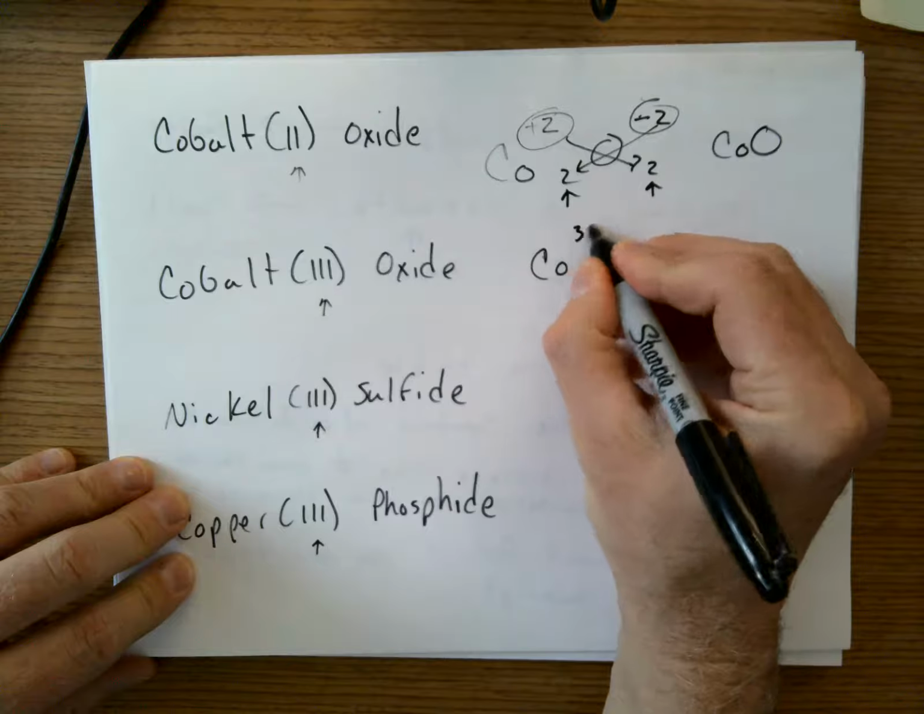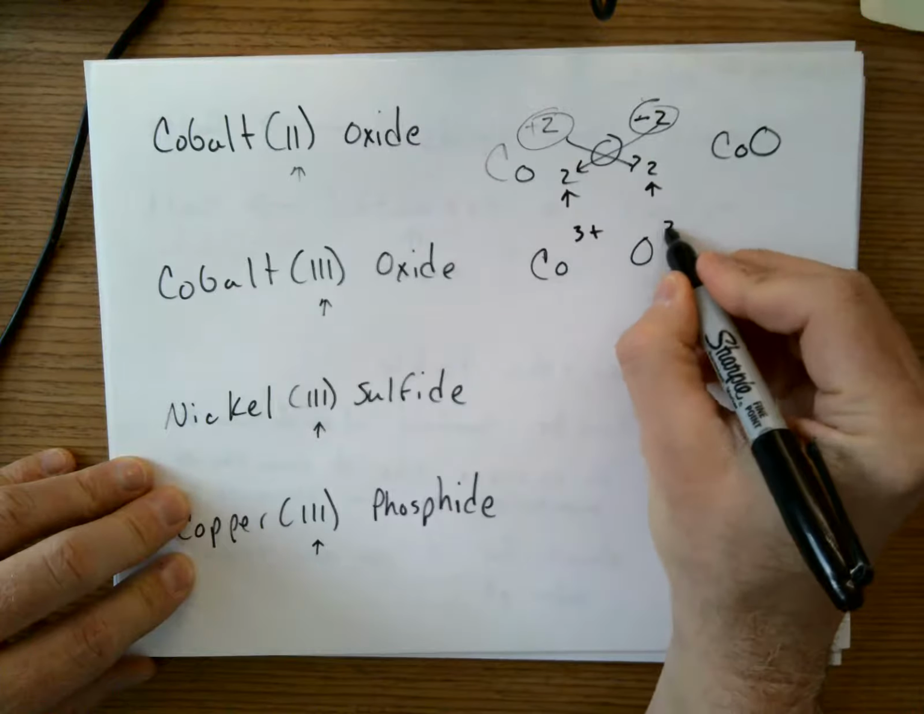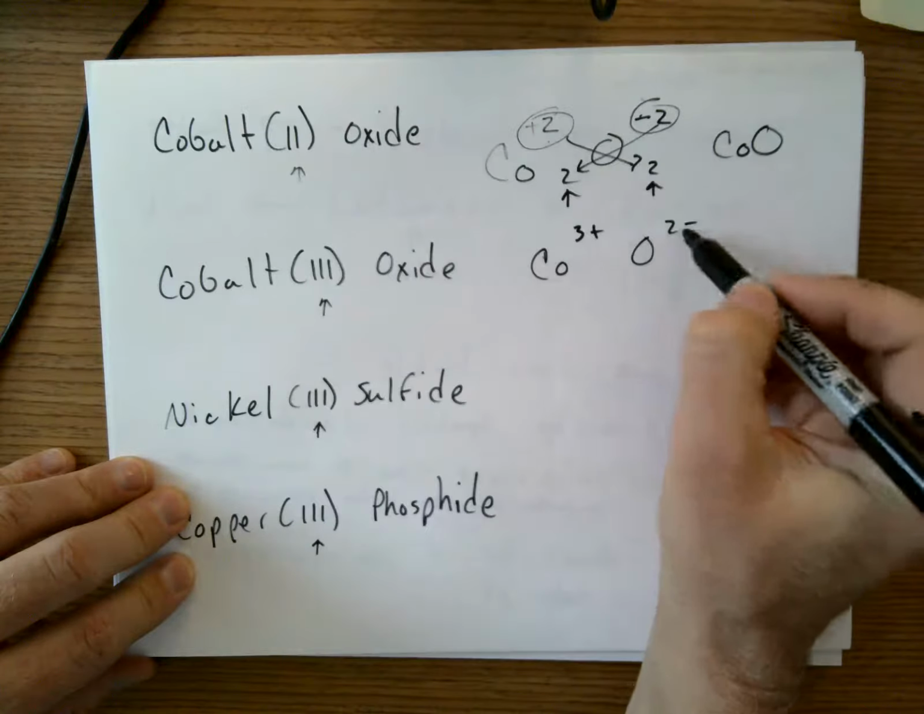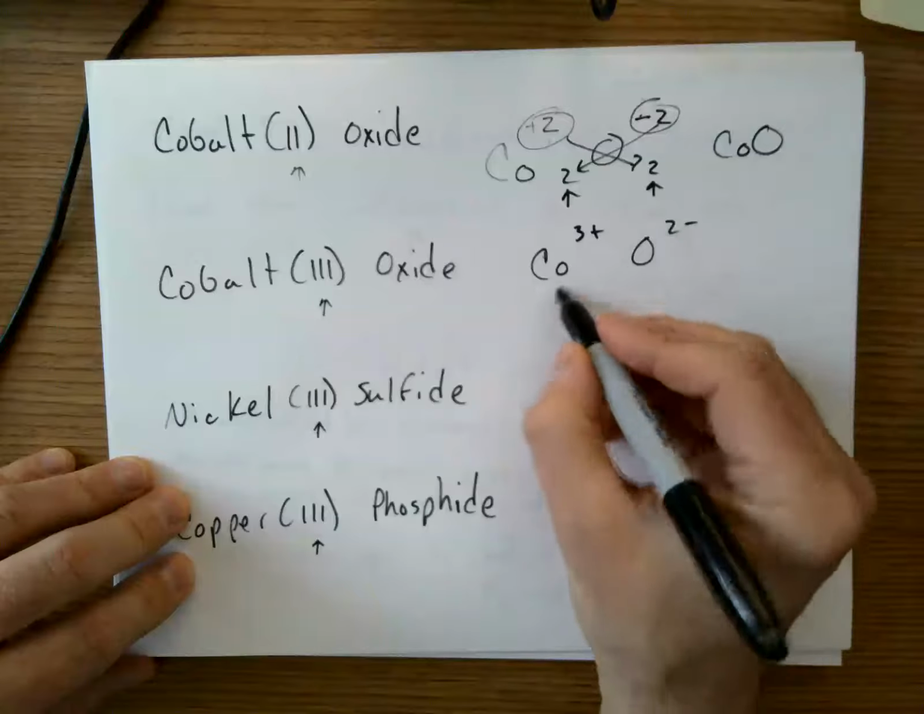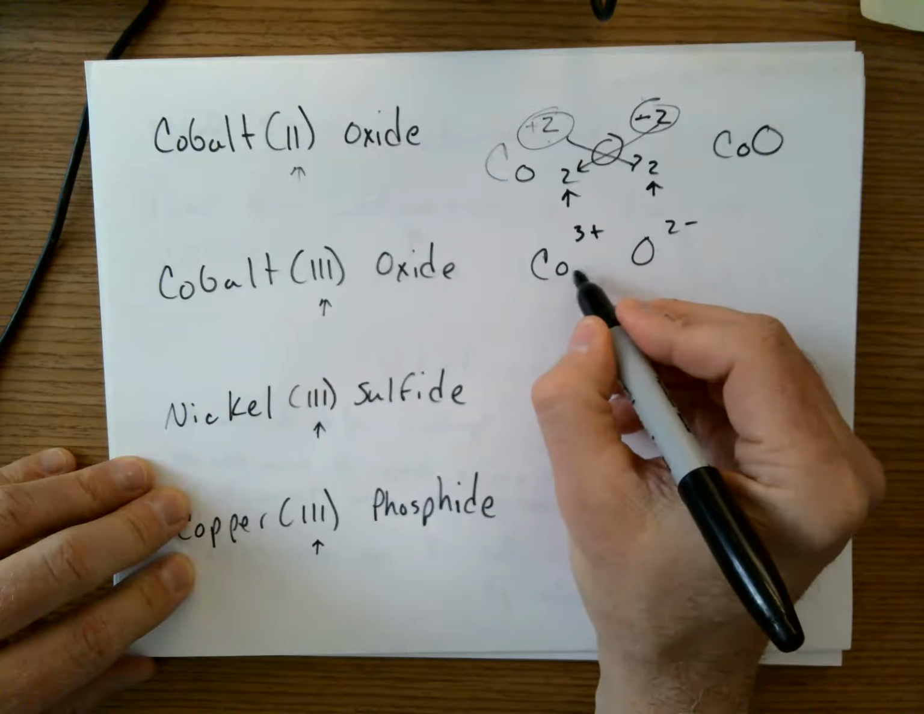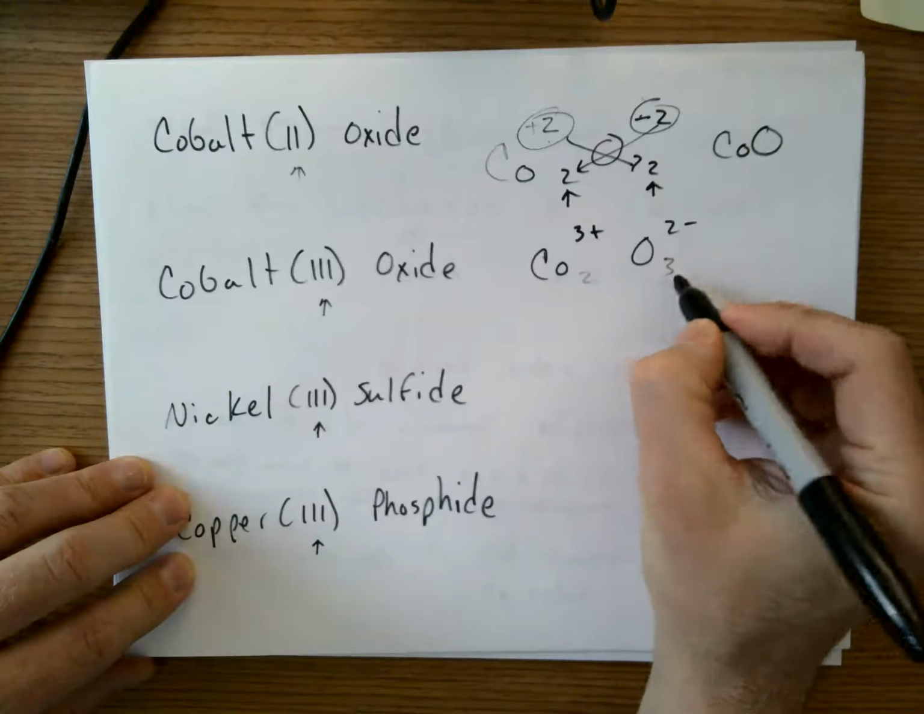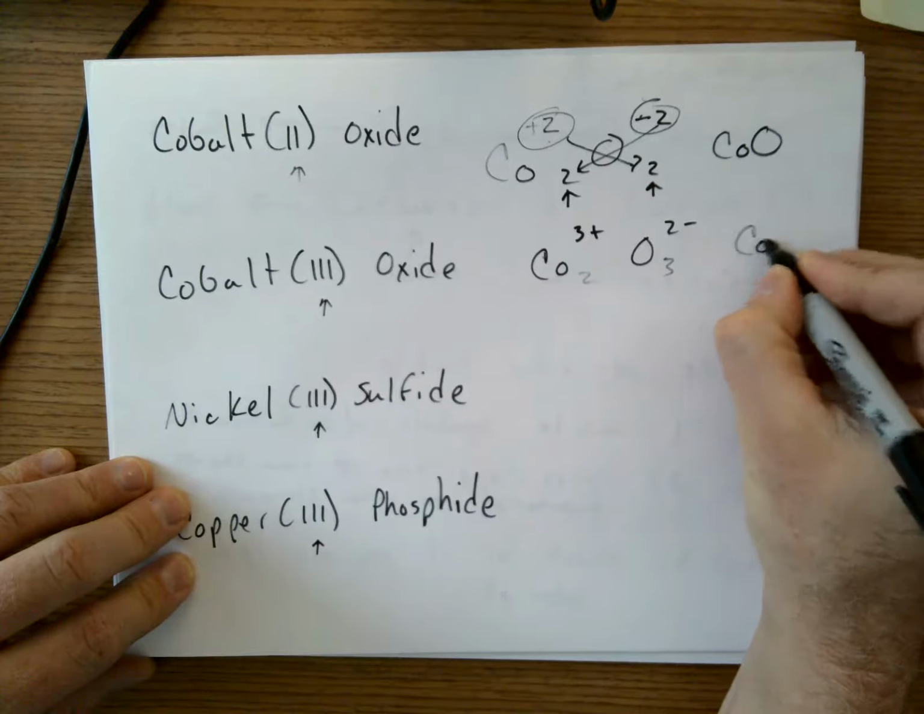Cobalt 3, again, cobalt 3 oxide. Again, it doesn't matter if you write it either way. This is technically the correct way, but we're going to crisscross the numbers, and that's going to come out to be